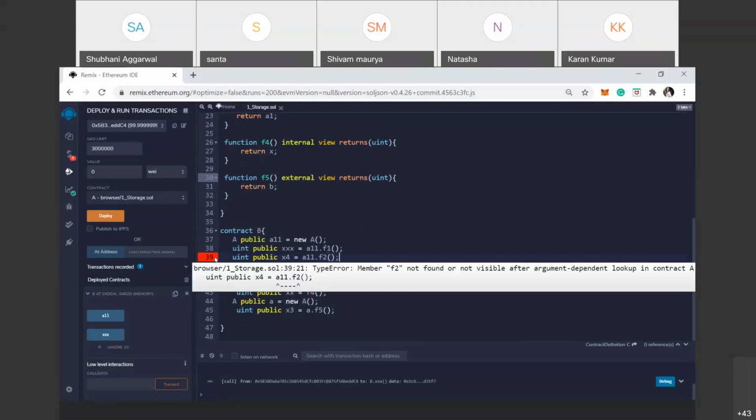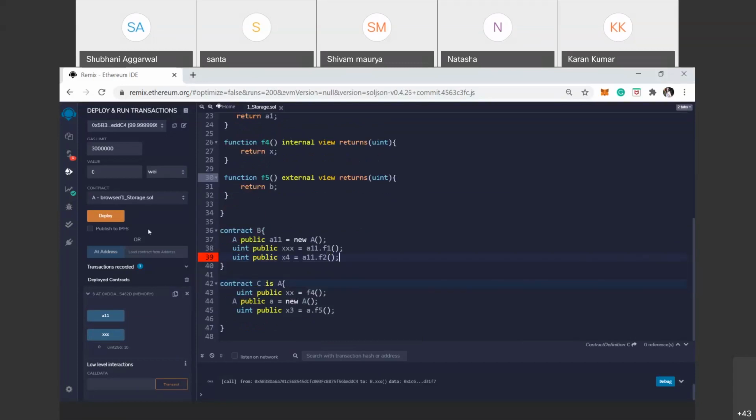The error is F2 not found or not visible after argument dependent lookup in contract A, because F2 is private in nature. It is not looked up in your public window, so we cannot run it by using the other contract that is deploying the contract A. Clear?